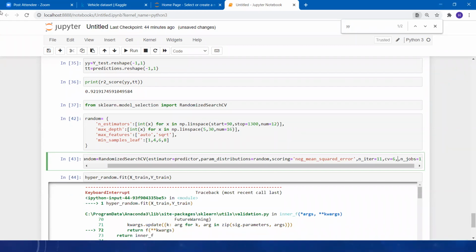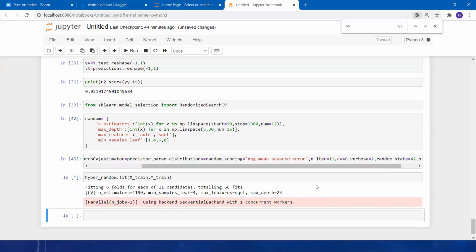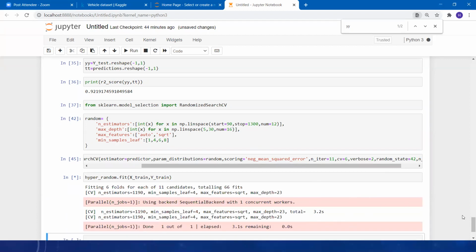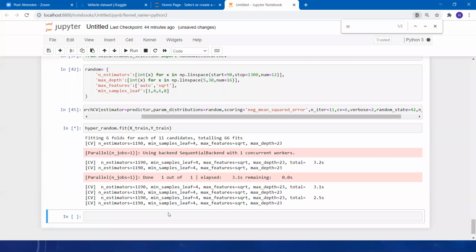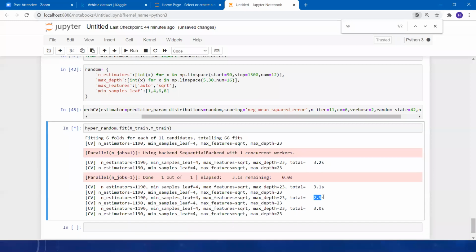Yes, exactly, verbose. Let's give two. And random state also we can give, let's say 42. Now, as you can see, it will try to show the cross validations here. Now it is taking 3 seconds for each iteration.